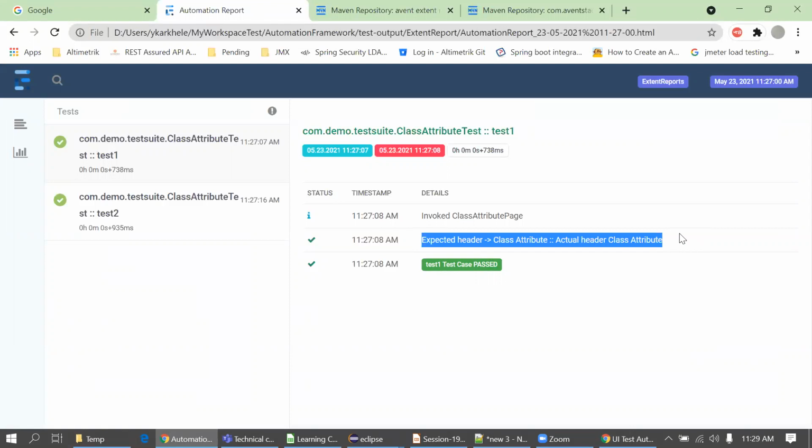Yes, in which step we get the failure. Of course, a screenshot is attached, but they don't know the flow. For one flow the test case might work, but for a different flow the test case might fail at the same page. So in that case you should mention the flow in the report itself. That's the intention to print the descriptive report.